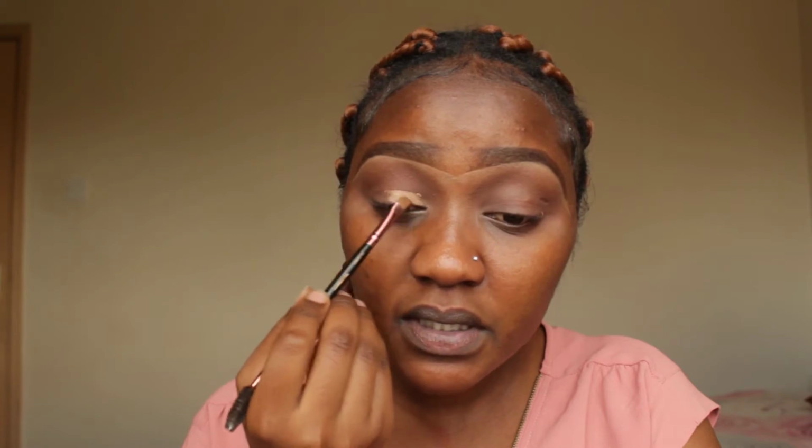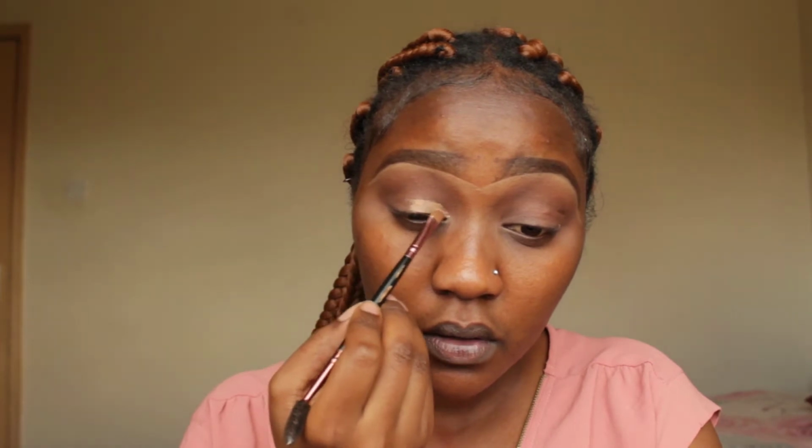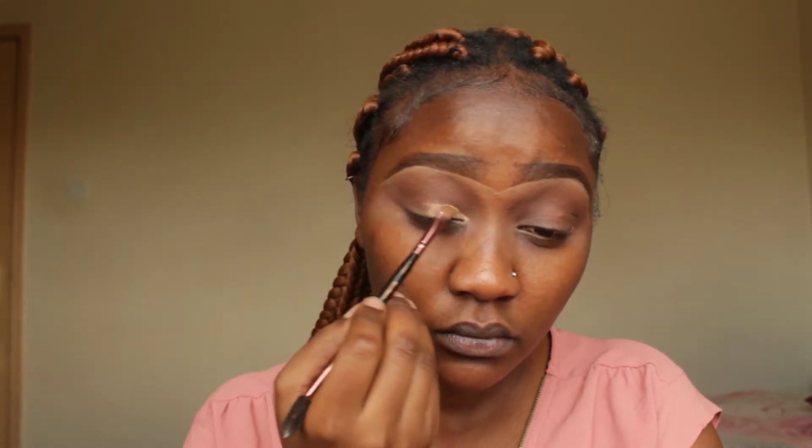I'm trying to get a smoky eye vibe going on, so I'm not going to apply the concealer all the way to my outer corner. So the crease is cut. Now we are going to proceed to applying our